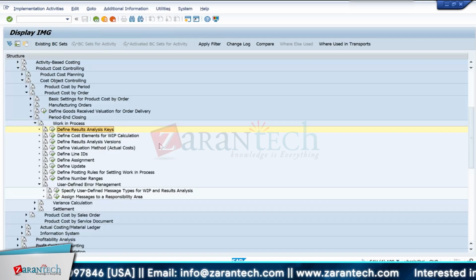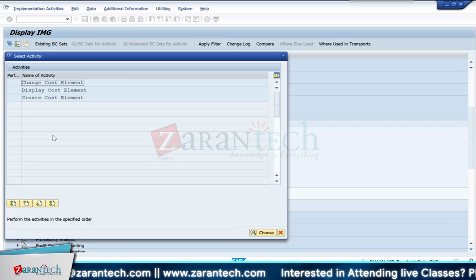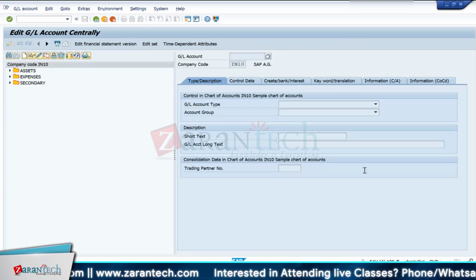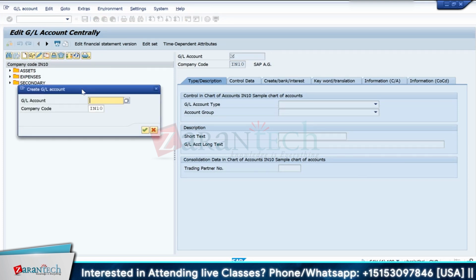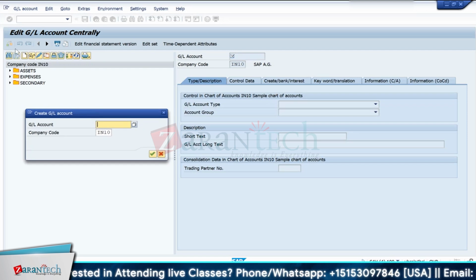Now, we need two cost elements. Define cost elements for WIP calculation. Create cost element. It will take us again to the FS00 screen. Create. So I told you, we need to create a secondary cost element for WIP calculation. That is 931, category 31,